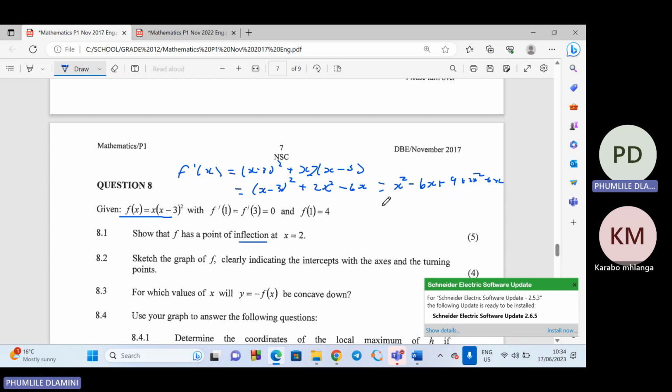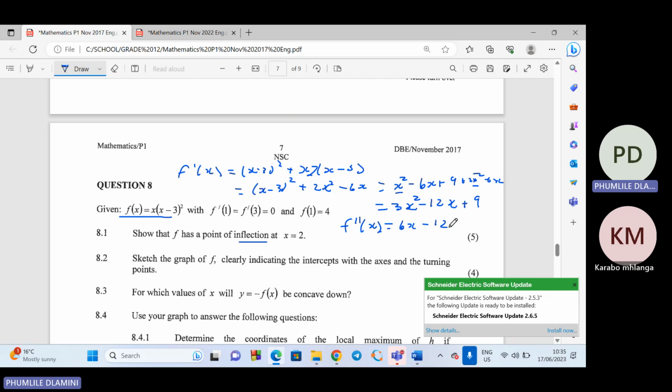So this plus 2x, this one you can see that if we add this one and this one, we're going to have 3x squared. If we add these two, minus 12x plus 9. So if we get the second differentiation of this, of f of x, you'll see that we're going to have 3 times 2 is going to be 6x